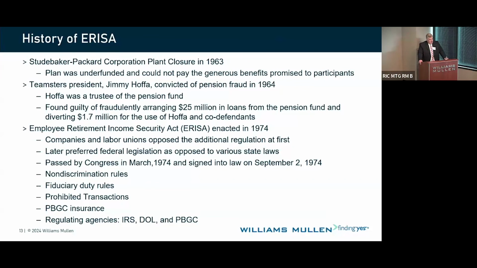And so that's how we got to where we are today, with a federal law that has fiduciary duty requirements that ensure that plan participants will always be put first, that requires plan assets to be held in a separate trust for retirement benefits, and then also has, going back to the 1920s, the minimum coverage requirements and the non-discrimination requirements that are in both ERISA and the Internal Revenue Code. So that's how we got to where we are today.